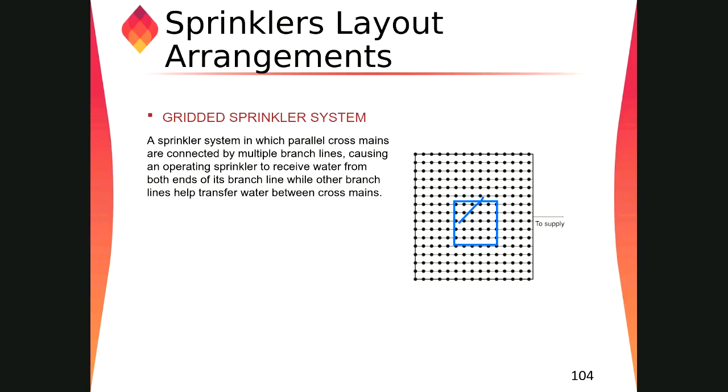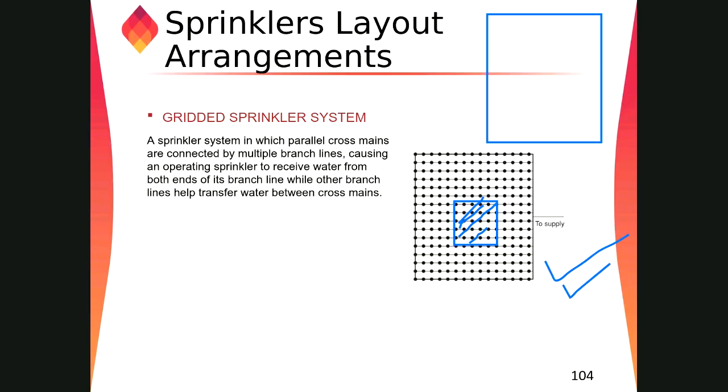Again, it is only possible based on the project. If you have a big warehouse like this, this arrangement is the most suitable for your project, because you will get the advantage of the pressure and flow, because the flow is coming from multiple paths. The flow will come from this point, or it might come from this point, or from this point. So we have the advantage of the flow, and the friction losses will be less. You guys got the point?